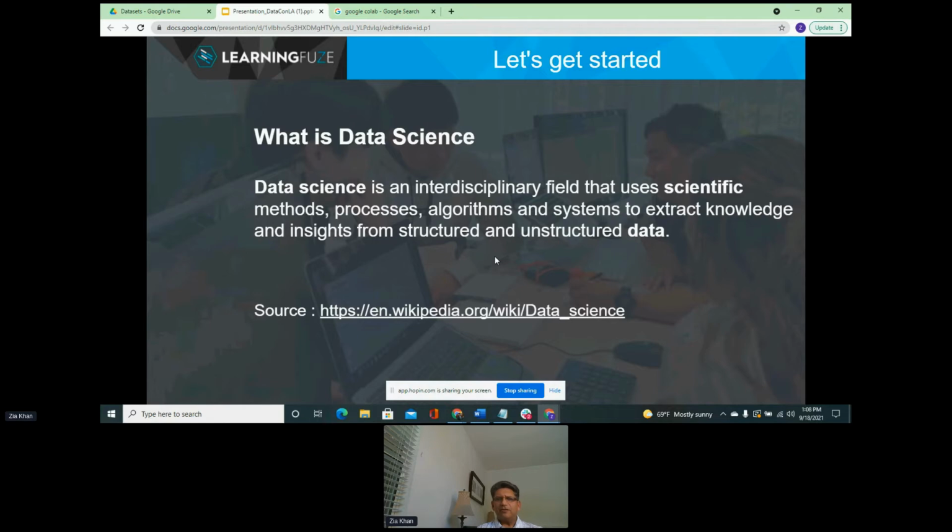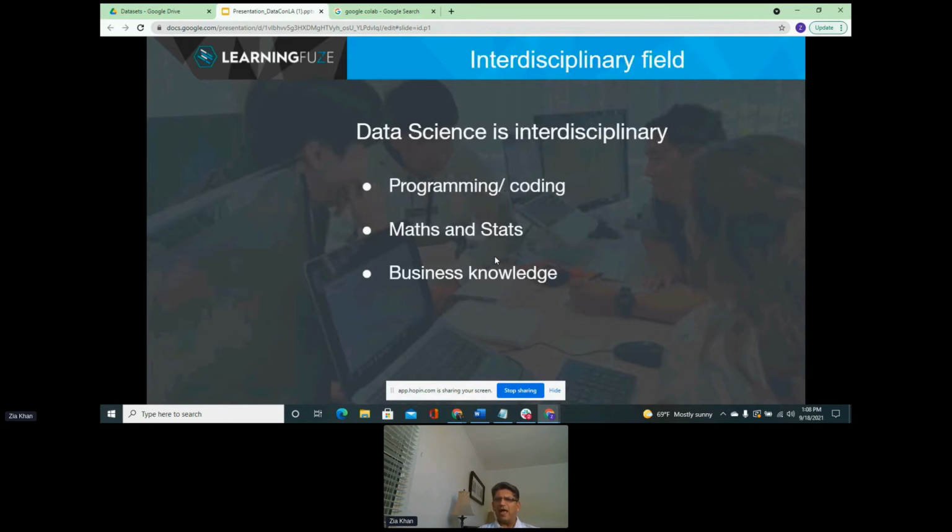In this definition, there are a couple of key terms that I would like to highlight. The first one was algorithms, and then there were systems and coding. Coding and programming is one of the fields within data science that you need if you want to get into this field. If any of you are aspiring to be a data scientist, coding and programming is required as part of that.